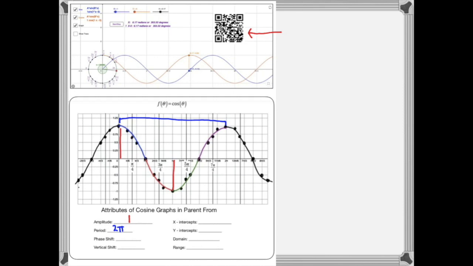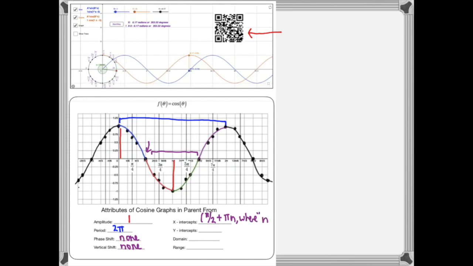There isn't any phase shift because we're not moving left to right any, and we're not moving up and down any for the vertical shift, but it works out the same way. You just start with a different parent graph, and basically it's the sine graph that is going to be shifted to the left 90 degrees or pi over 2. So we'll see. So the x-intercepts are going to be, in this case, where we start off with the first positive one, which is pi over 2, plus the distance in between each one, which is pi n,